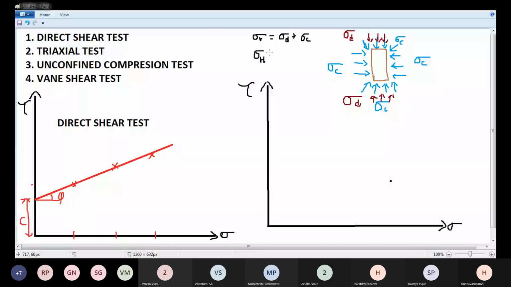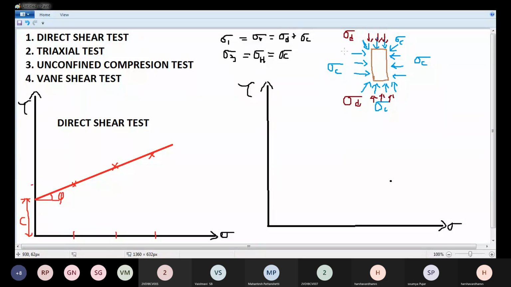So stress in the vertical direction becomes major, its magnitude will be more, and stress in the horizontal direction becomes minor principal stress as its magnitude will be lesser than the vertical stress. So for the first trial, sigma C value will be constant throughout the test, and we'll go on increasing the vertical load, and we'll note down the failure vertical load and calculate the corresponding failure stress,